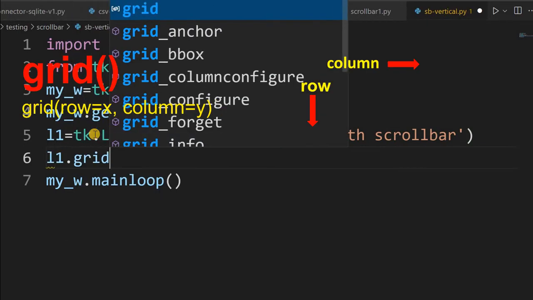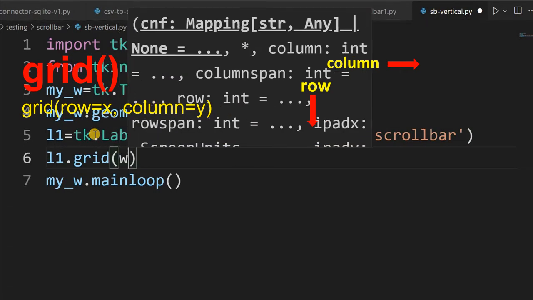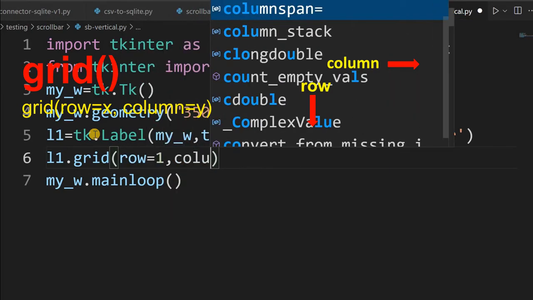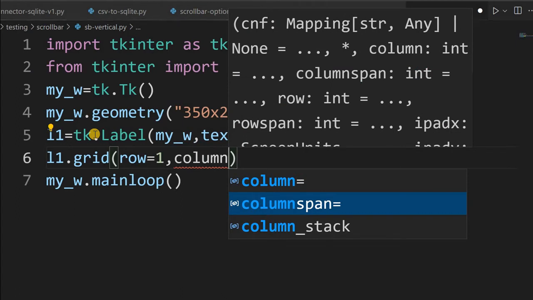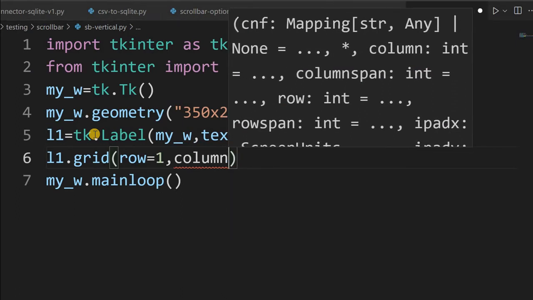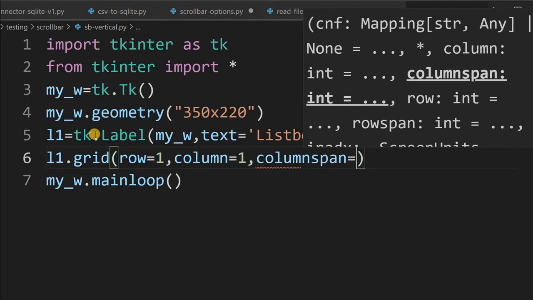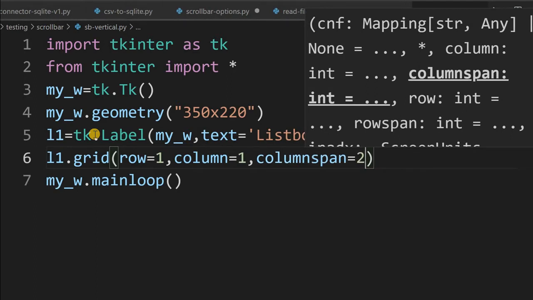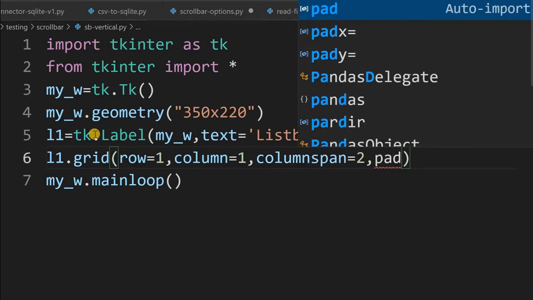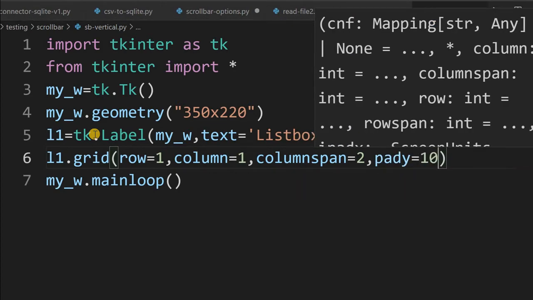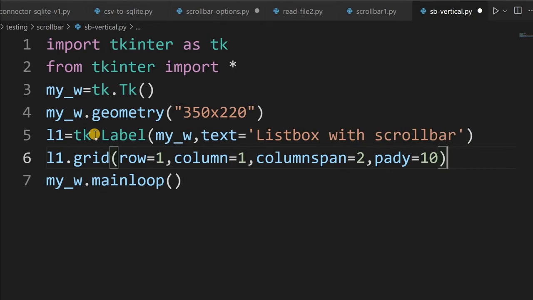Here I am giving row equal to 1, column equal to 1, and then slightly I will extend it, so I will use column span equal to 2. I want it to span 2, and not flush with the top edge, so I am giving pad y equal to 10. So it will maintain some gap from the top edge. So I placed just a label in our window.